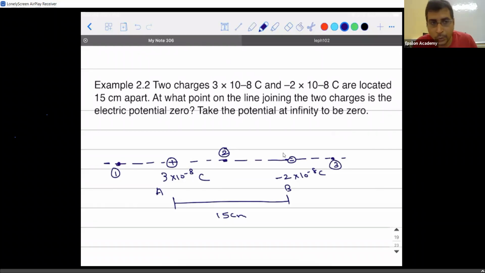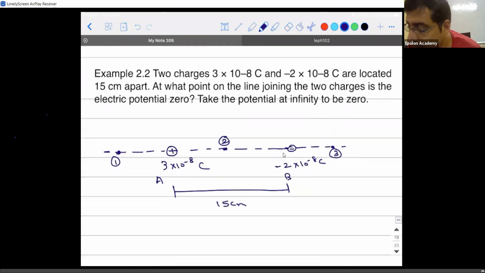The first point you need to understand is, before even you start solving this question, if these kind of questions come where they are asking the total potential to be zero, that is possible only for a system of unlike charges. Had the question been plus 2 into 10 power minus 8 and they're asking to find the point where the potential is zero, blindly you can say there is no point. Logic is very simple, because when will the total potential become zero? Only when you have a plus sign and a minus sign, both should have equal values. When both the charges are positive or both the charges are negative, you're not going to have anything. So that is the first logic. That is why the question is correct.